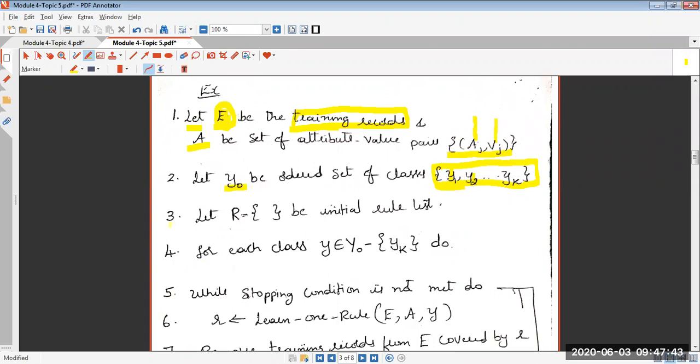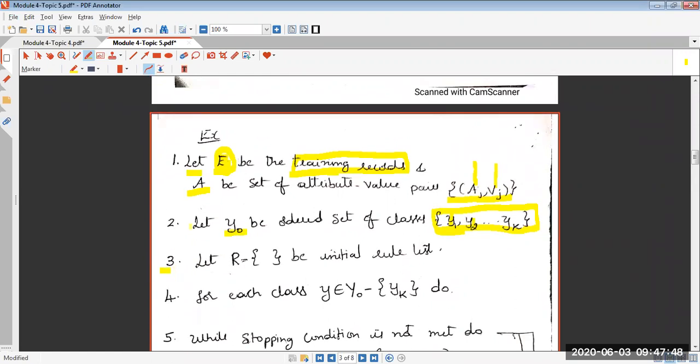Coming to step 3 in the algorithm. Now, what is the objective of this algorithm? Please remember, try to recap. We are discussing the sequential covering algorithm. The objective of this algorithm is constructing rules. Rules from where? From the records, the training records. That is being indicated in step 3.